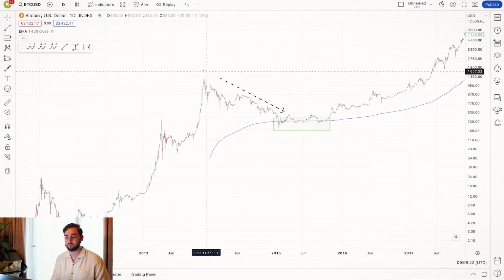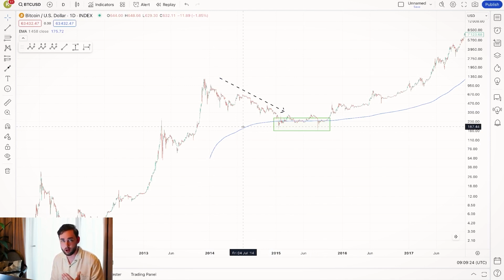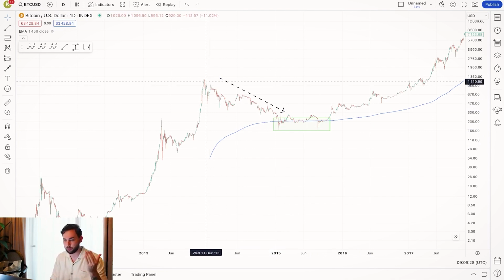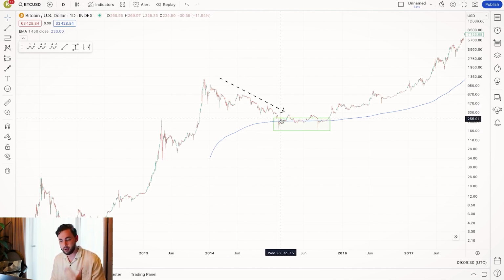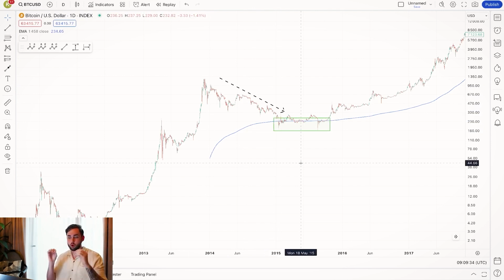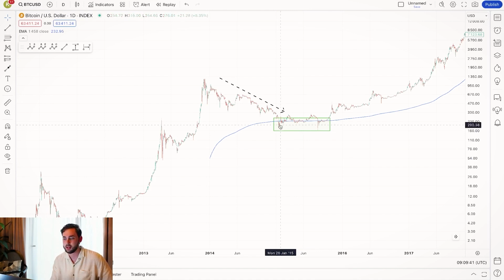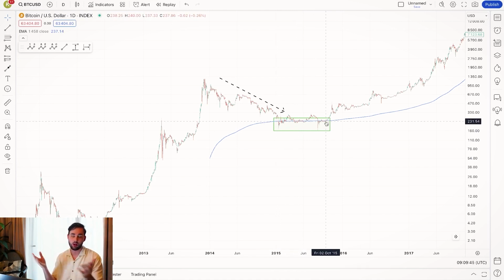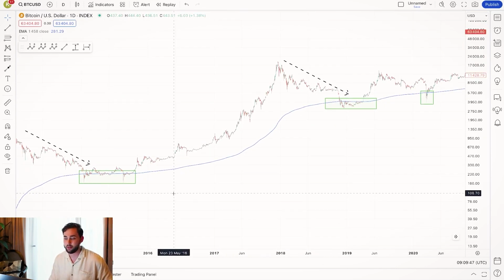You can see back here in the last cycles, going back as far as November 2013, when we had that crash, right? We went down into that bear market. You, having known this, could have plotted this blue line and said to yourself, I'm going to buy if we fall near or beneath or on this line, giving you a fantastic entry level in any project, of course, particularly Bitcoin as well. And then, of course, prices just go up from that point in time.